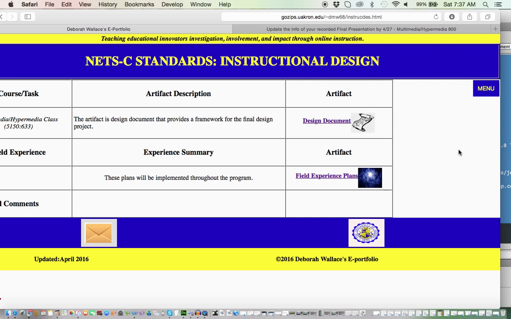It's not unusual if a course yields several artifacts that cover several different standards. Because the program is, I think, really intense. But I think it's intense and challenging in a good way, in terms of forcing the student to really think through how they're going to be intentional with the use of technology, with the use of their expert knowledge, with the use of whatever techniques that they use in or outside the classroom, wherever that classroom looks like,